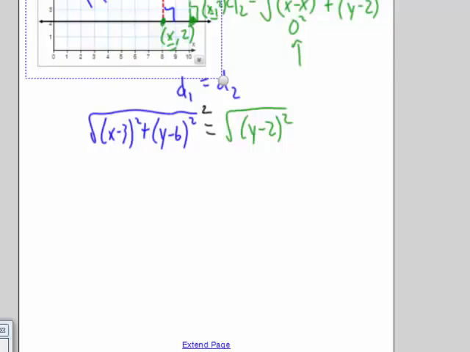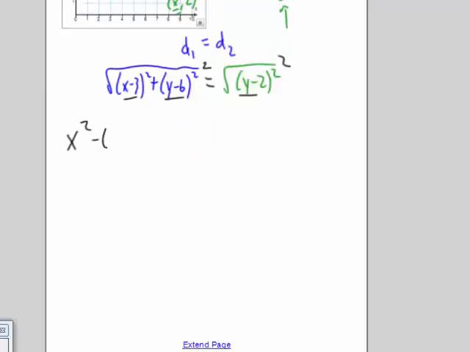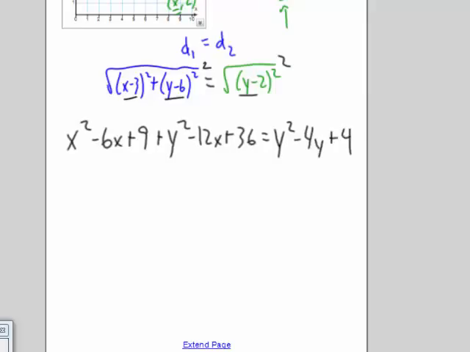We square both sides, so the roots cancel, and then I expand out all my binomials: x squared minus 6x plus 9 plus y squared minus 12x plus 36 equals y squared minus 4y plus 4. And then you start going through your algebra, right? So really, we do the exact same thing. We want to solve for y. It's kind of our goal, so we can get an